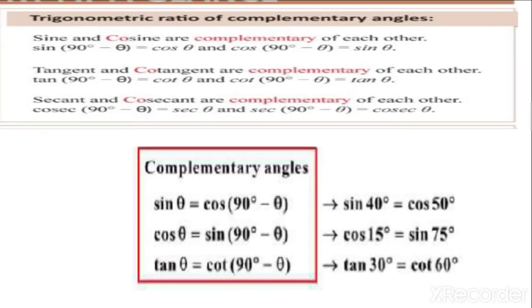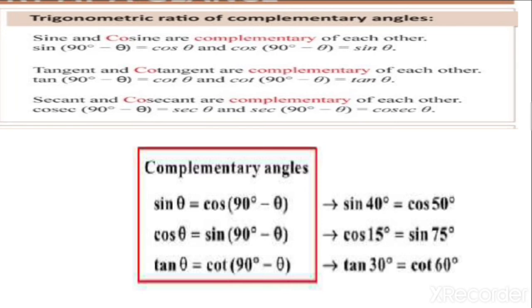trigonometrical ratios of complementary angles. Again, you will have one complete exercise on these sums in your textbook. So let's start with our very simple trick. In this scenario you just have to remember that we have three ratio pairs that are complementary. For that, first of all understand what complementary is.